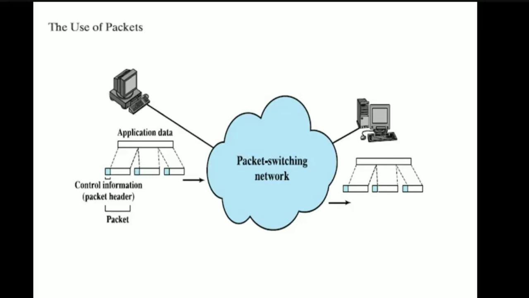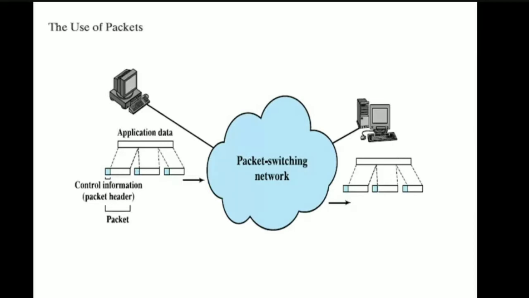So what happens at each node in the packet switching network: the packet is received. Do remember, it is a very important point. At each node in the route, that is when the packet is being transferred from source to destination, the packet is received in the switching node and it is stored briefly, that is for a short amount of time, and it is again passed to the next node in the switching network. And from that switching node again it goes to the other node until it reaches the destination node.